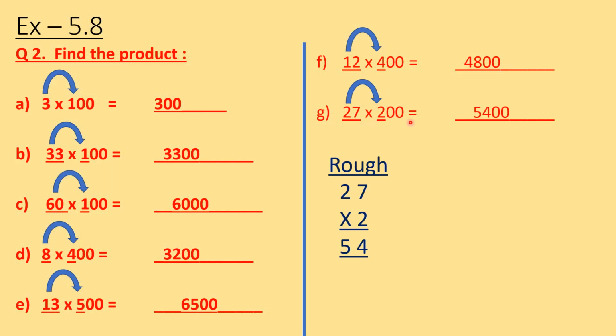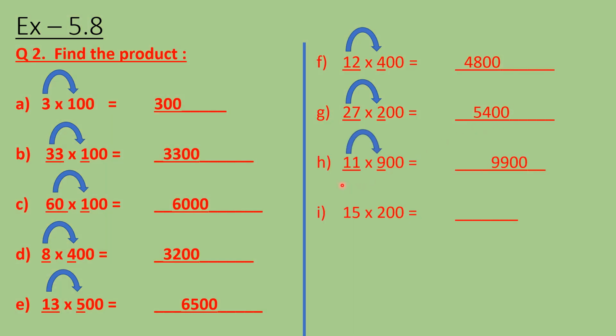27 multiplied by 200. Again you multiply 27 and 2. We don't know the table of 27 now, so you will do multiplication in the rough column. We will multiply 27 by 2. So 2 7s are 14, 4 carry 1. 2 2s are 4 plus 1, 5. So you are getting here 54. 27 2s are 54. So you write here 54 and these two zeros you place on the right hand side. So our answer is 5400.